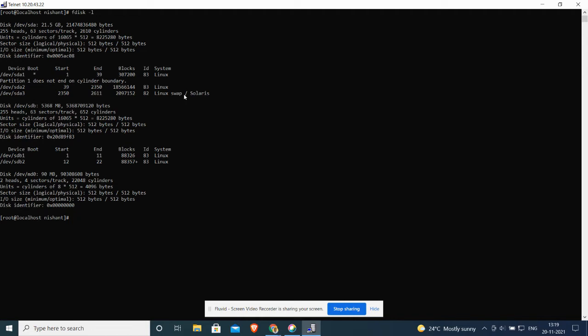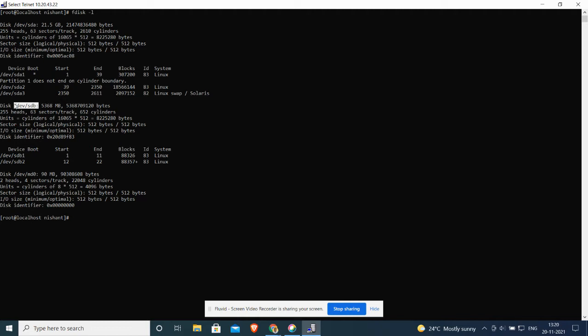After running this fdisk command, it tells me what the different partitions are. One is by the name of SDA, that is the main partition, and this SDA is further divided into SDA1, SDA2, and SDA3. We have also added an extended device for external storage, SDB, so that we can create the partition and all. So this device has been added, that is SDB.